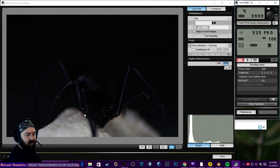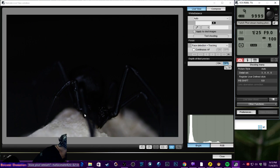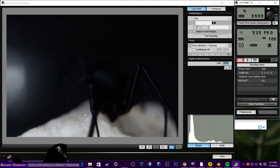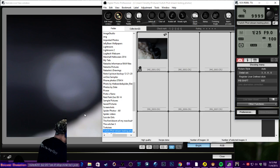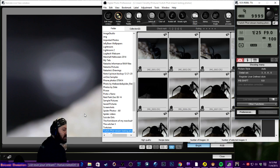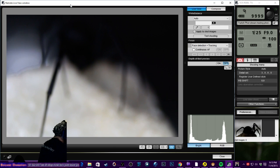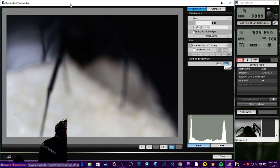So that's pretty good. Now that she stopped moving, let's see if we can adjust the camera a little bit to get into a better position. And maybe refocus the lens itself. I need to move that so that I can see it. Refocus the lens itself. Nope, I need to get a...